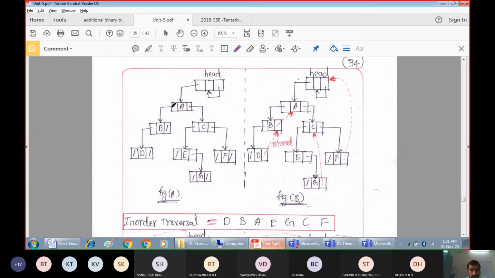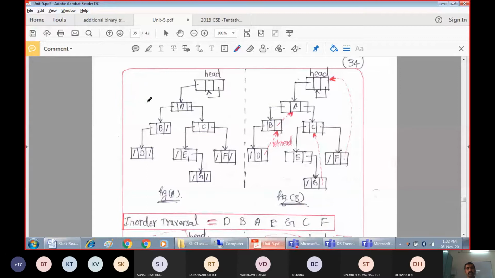So consider this tree, the same tree, which again I will tell you not to get confused. A, B, C. B has a left subtree D. Then C has two children, E and F. E has one child, that is G. The same tree I have drawn here like this, right? So now I'll erase this. I understood what actually is the tree.